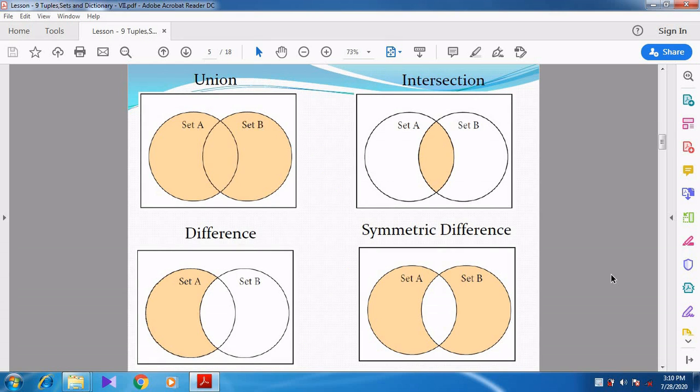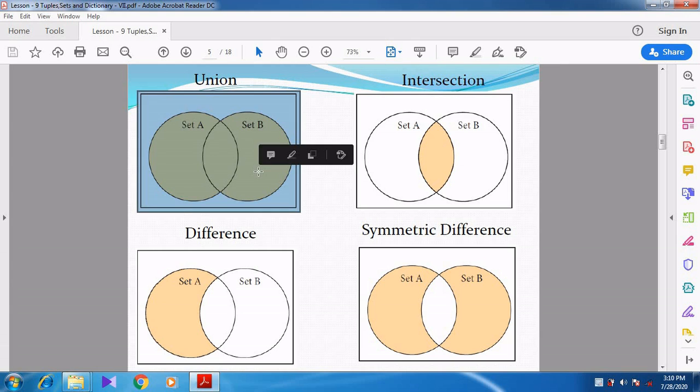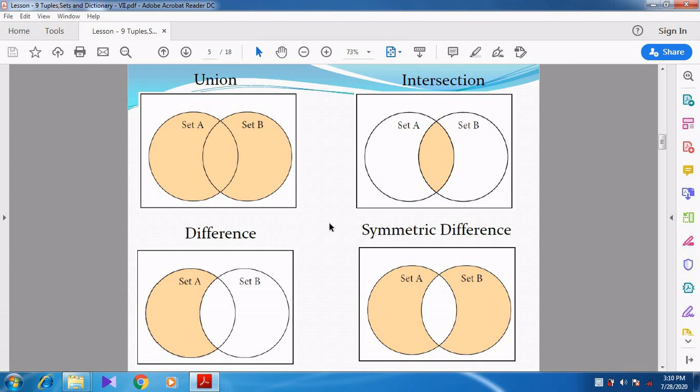I think you might have studied these words, union and intersection. Whenever you see this picture, you can understand the mathematics. I think you might have studied the same set operations, set language.